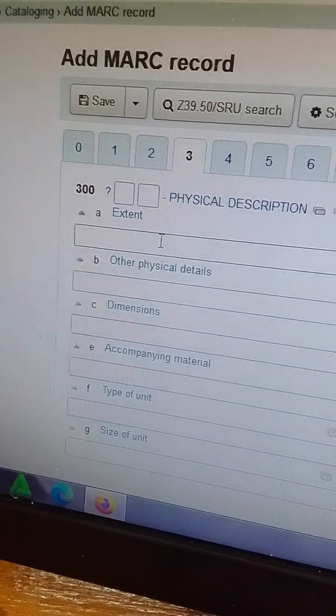So here it has an extent. Now you come and you now check at the